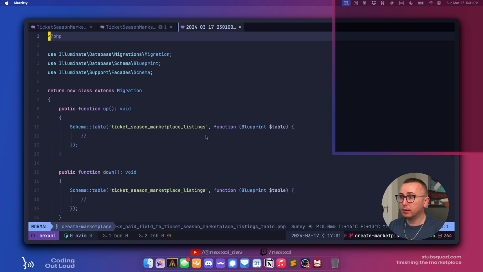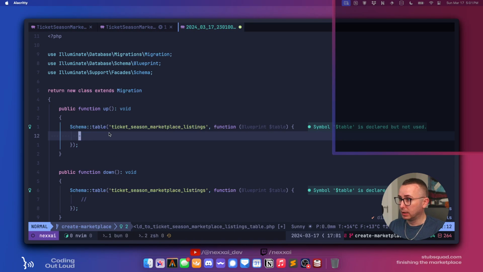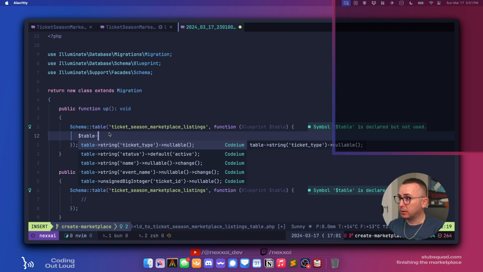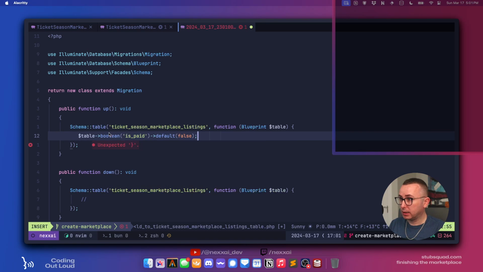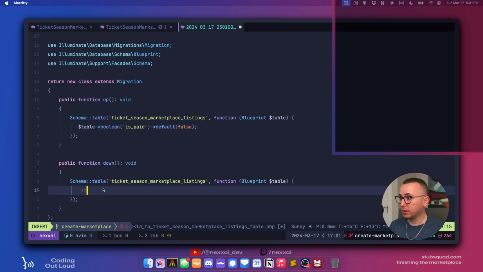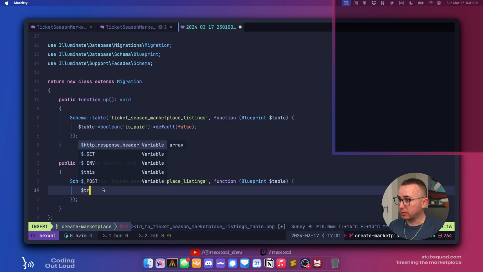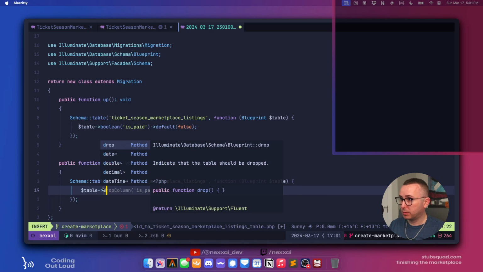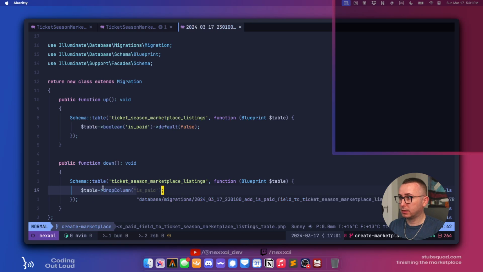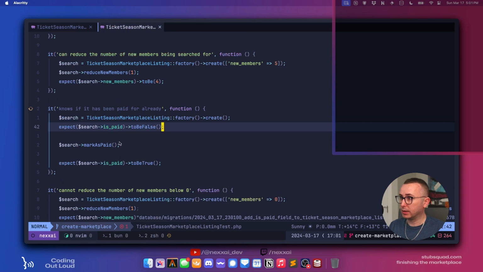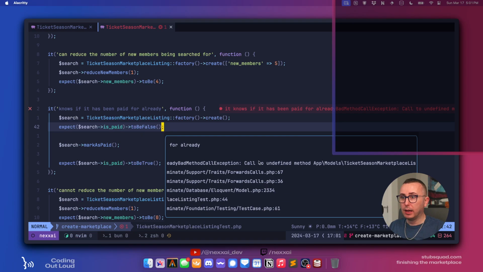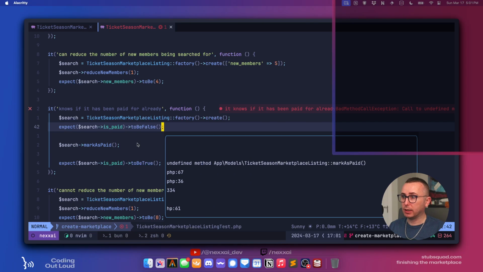Is paid, and we want to table boolean is paid, default false, and then on drop we want to table drop column is paid. Yes. Okay, so this is going to work halfway. Call to undefined method, yeah, that's fine.